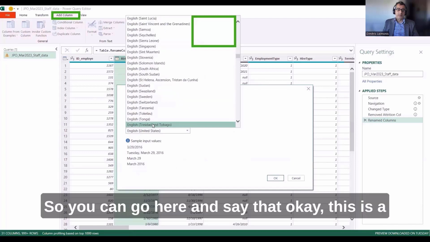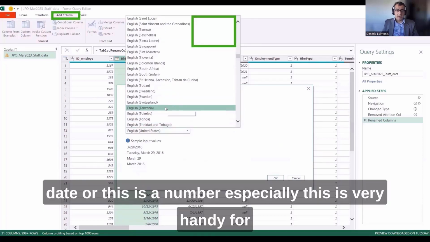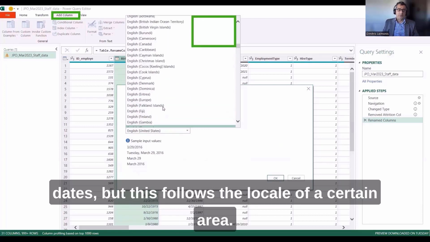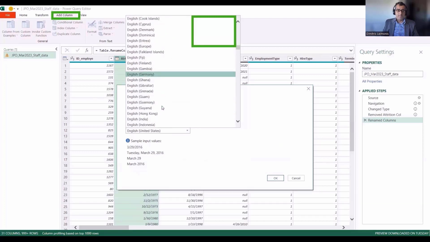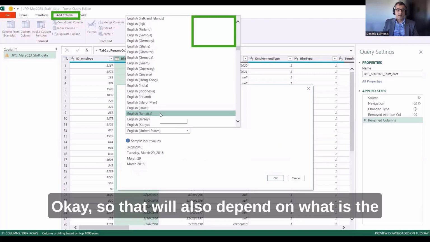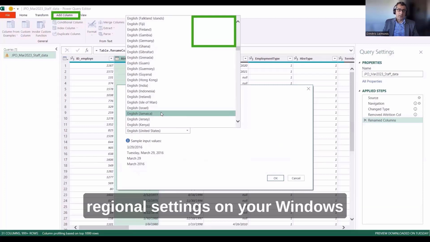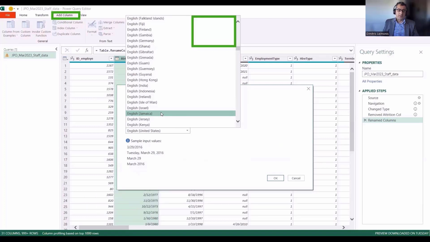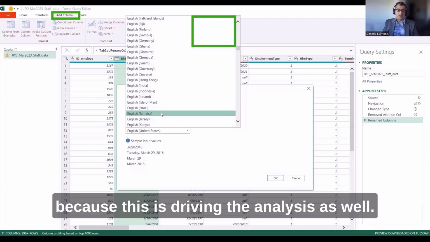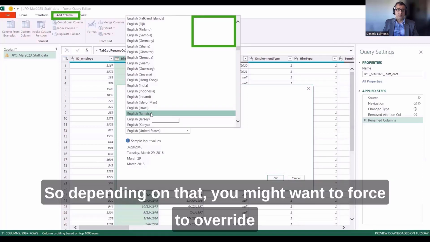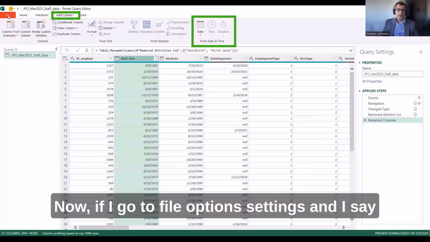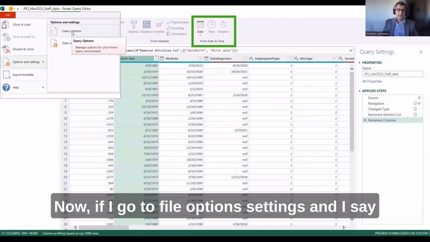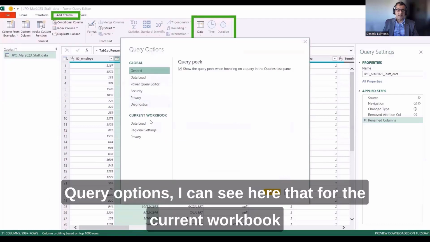So you can go here and say that, okay, this is a date or this is a number. This is very handy especially for dates, because it follows the locale of a certain area. So you see here, let's see if we find Jamaica. Here it is. Okay. So that will also depend on what the regional settings are on your Windows operating system or your Mac, because this is driving the analysis as well. So depending on that, you might want to force an override and say, this is the format you should be using. Now, if I go to File, Options, Settings, and I say Query Options, I can see here that for